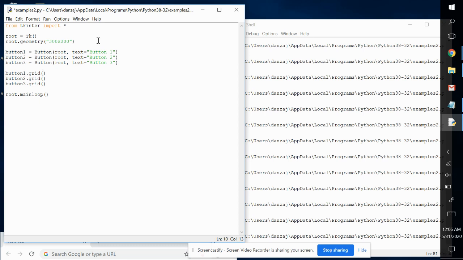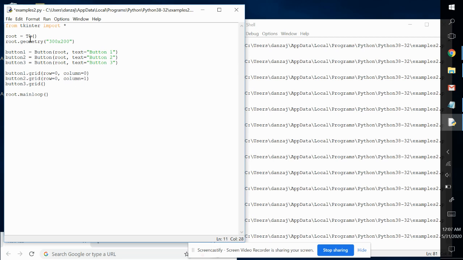So let's say I want this in row 0, column equal to 0. And button 2, let's say I want row is equal to 0, and let's have column equal